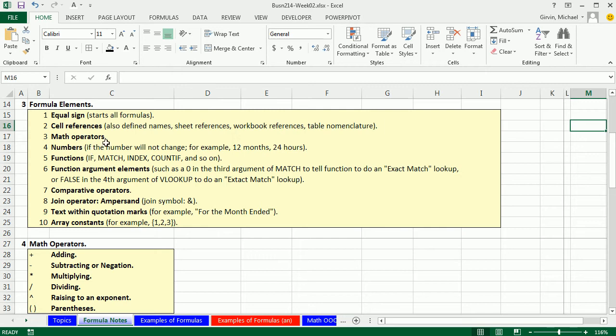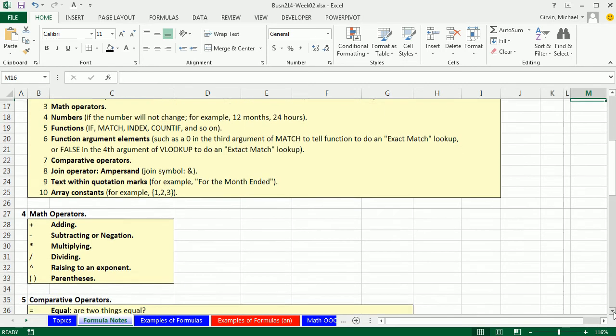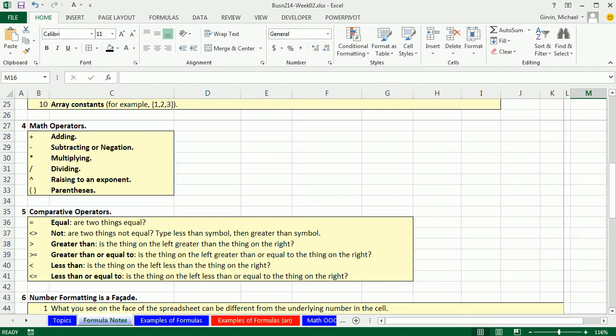Functions, the IF function, COUNTIF, SUM function, AVERAGE function, argument elements. We saw last week how the last argument in VLOOKUP required a FALSE or a 0. Comparative operators, the join operator, ampersand, text within quotes, and even array constants. We will see at least one example of all of these just coming up in our examples over on this